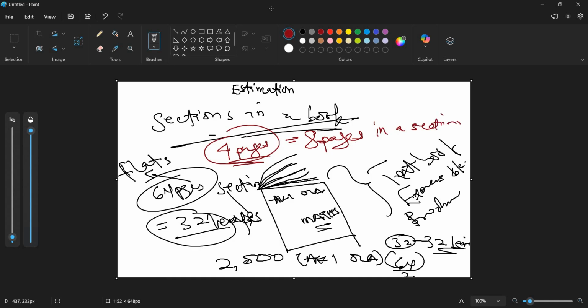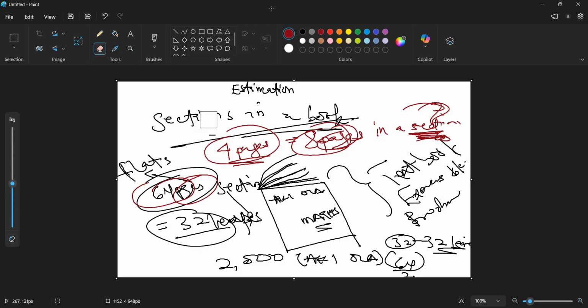Do you get it? So we can equally divide this by the 8 to get the total number of sections, because we know the pages, we don't know the section. Do you get it? So if you want to solve for this, all you need to do is